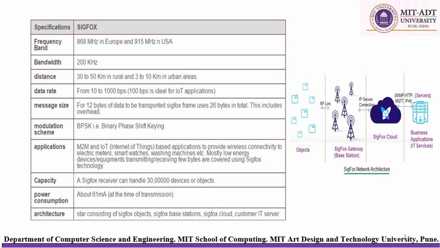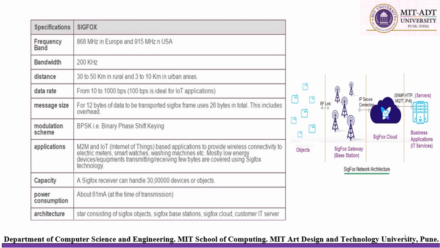If we see the life cycle of a SigFox message, the device wakes up and emits a message using its radio antenna. Multiple SigFox base stations in the area receive that message. After that, the base station sends that message to the SigFox cloud, and then the SigFox cloud sends the message to the customer's